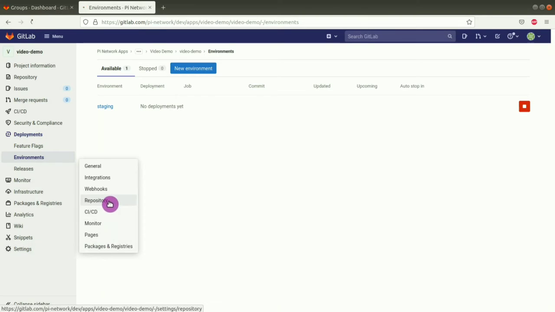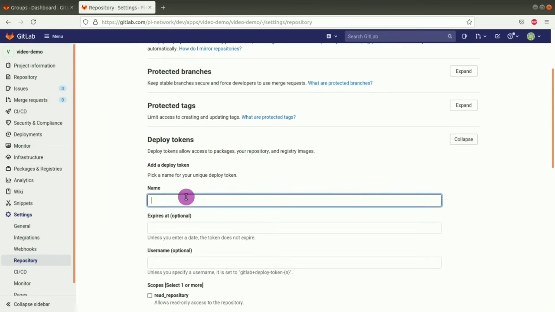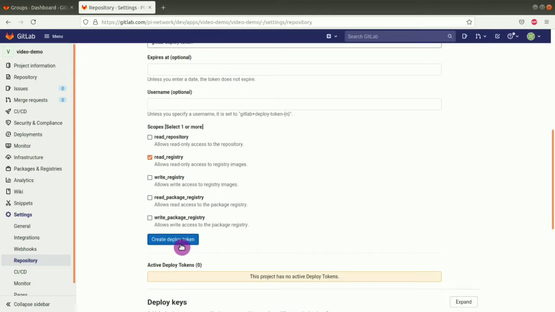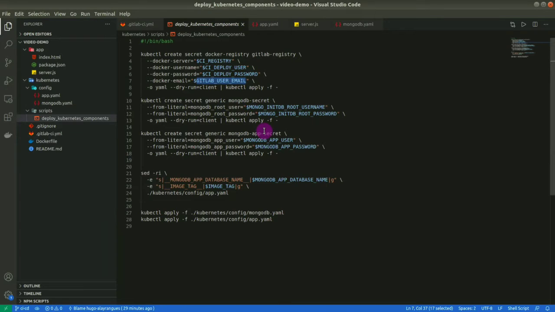settings, repository, and then deploy token, and here we need to create a deploy token. So this token must have this name, GitLab-deploy-token, and we add it read registry scope. Then you can create a deploy token. It will give you a password that you do not need to save, and you can just quit the page. I created my deploy token, so now we can go back to the code, to the script, and see what